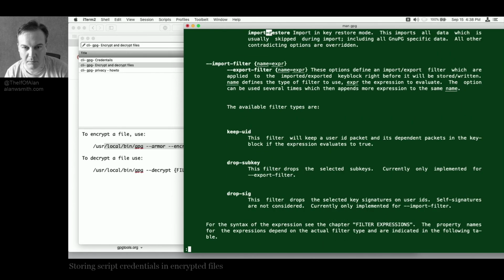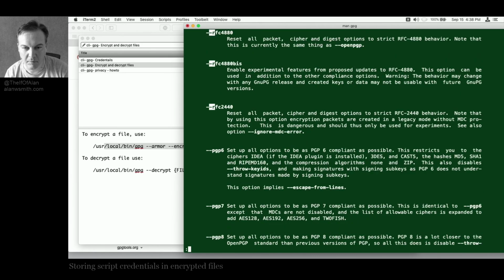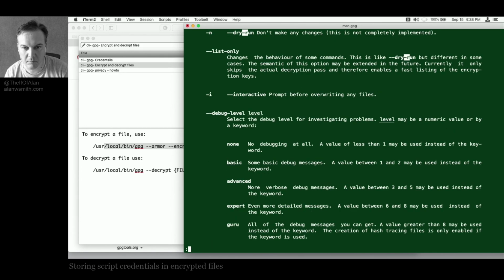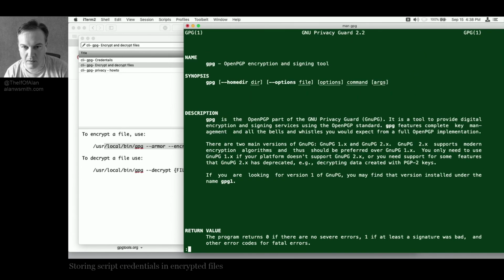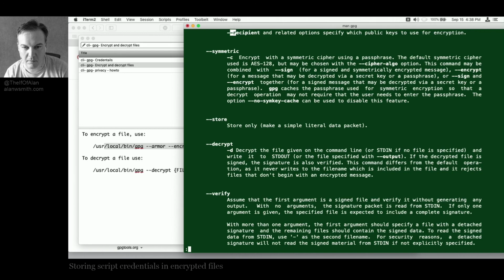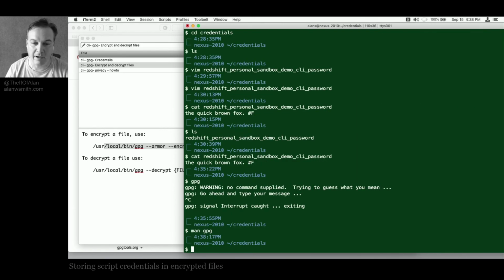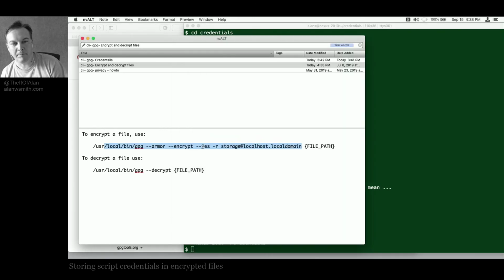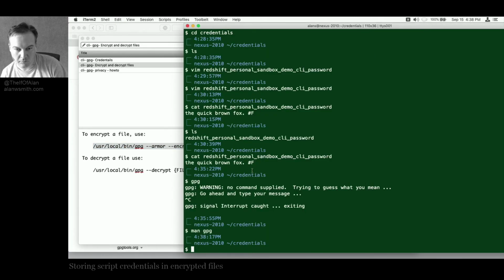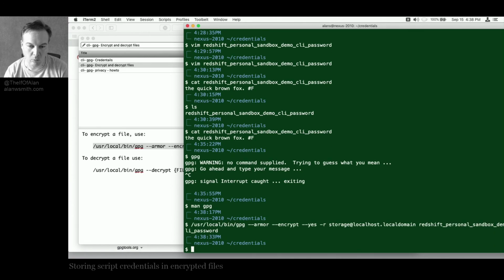Oh, is that it? I don't know what R does. We'll look it up later. But so basically, all we've got to do now is run this. Again, I like being able to copy and paste commands. So there's that, and then I'm going to go with Redshift. And so what that should do